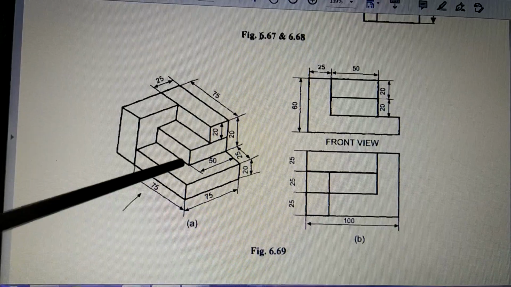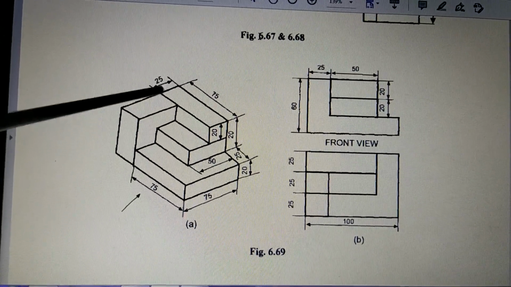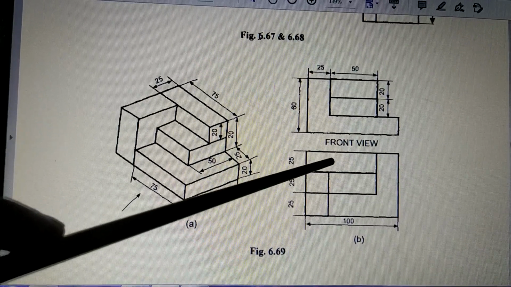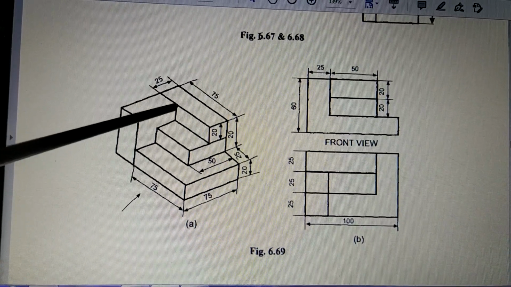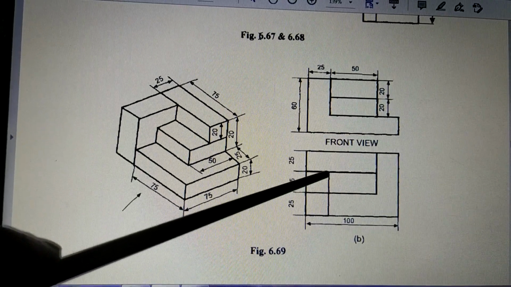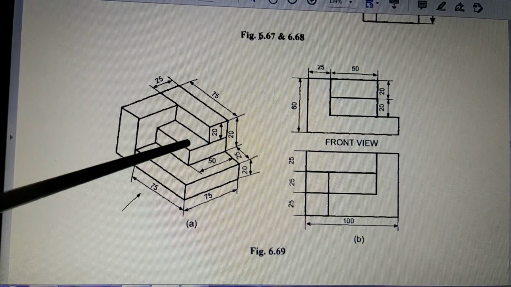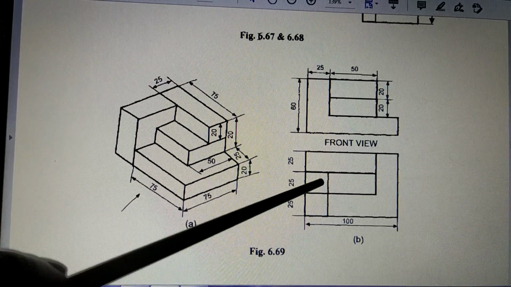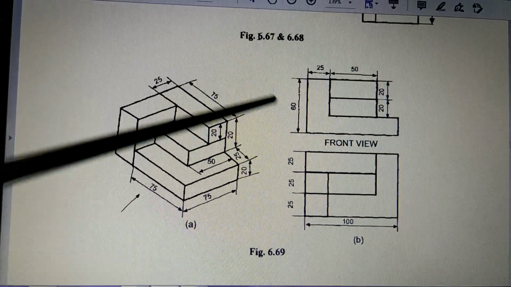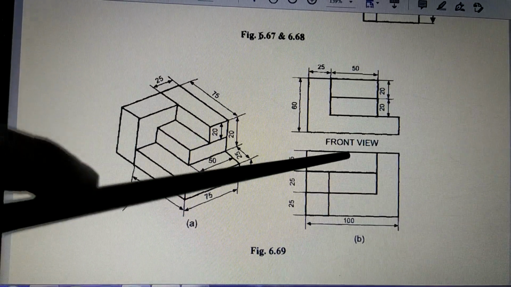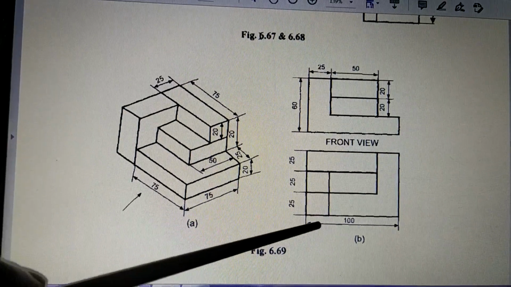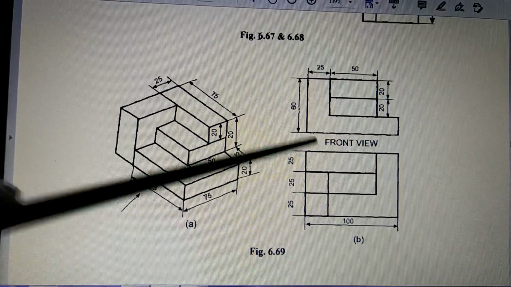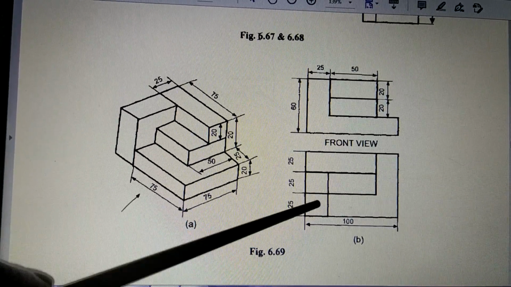Now what are the mistakes? This line is not there. Just like this line should not be there, this line also should not be there. So it is not drawn, which is correct. But this should not be there, and it is drawn, which is wrong. So this line should not be there. Even this line also they have continued here. So both these lines should not be there. So it should be a continuous line like this. So this should be a line which is continuous like this. Continuous surface like this, which is this. So these are the two mistakes.